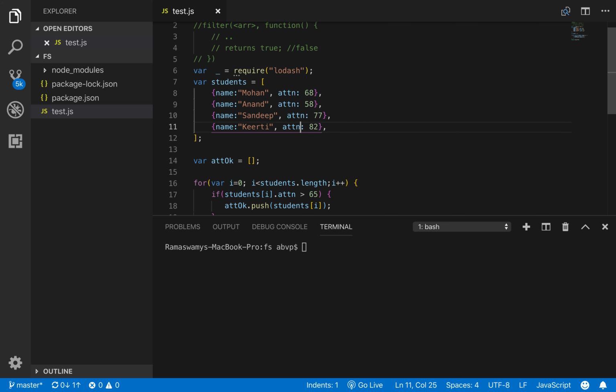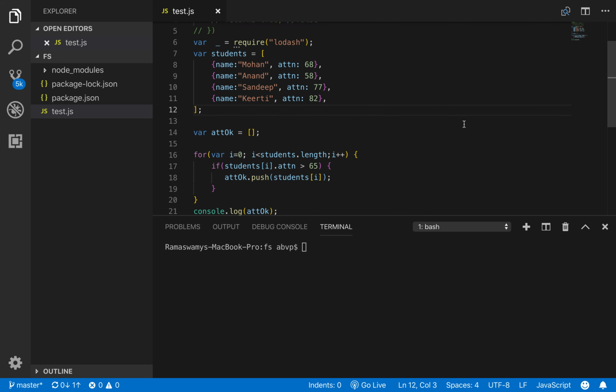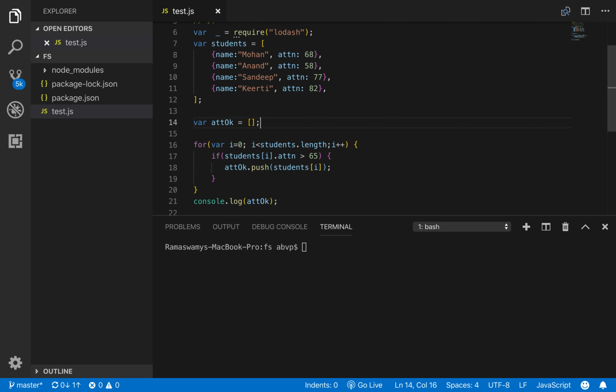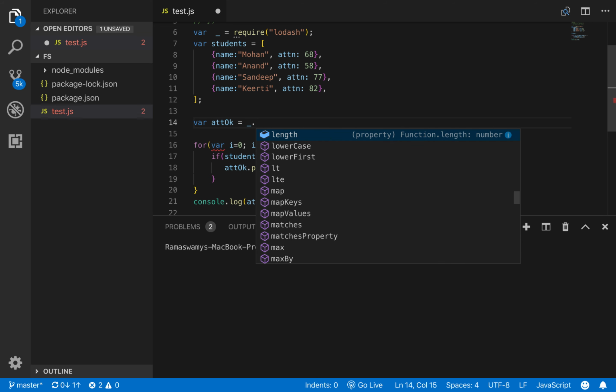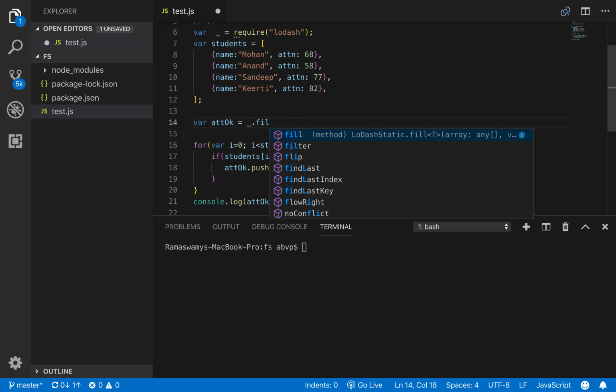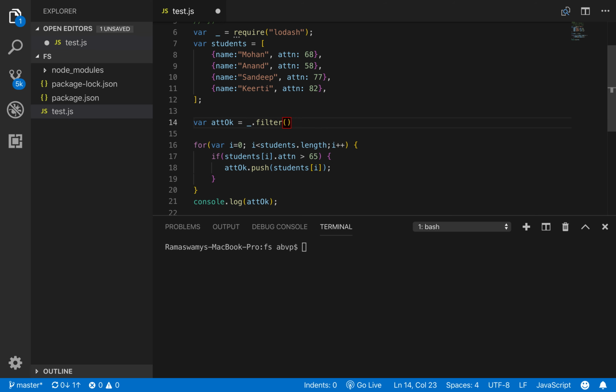So once our library is included, now we can modify line 14 so that attendanceOK is now equal to your library, which is referenced by underscore, so underscore dot, and you call the function called filter.